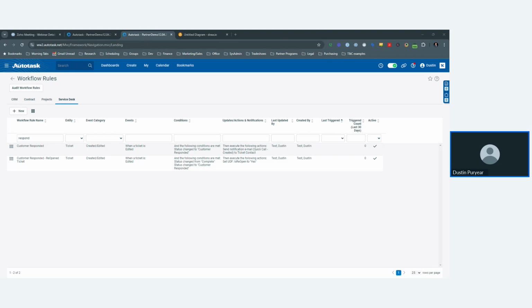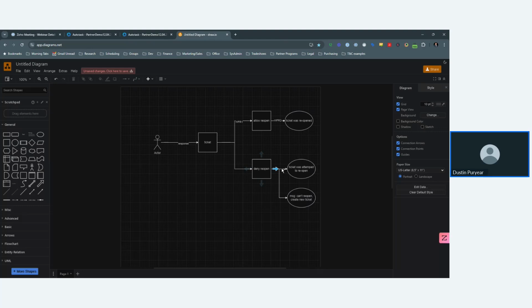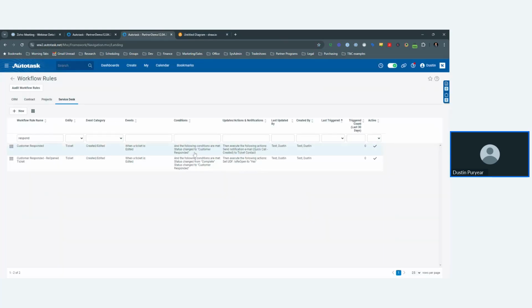I'm still trying to think what's the best way to predict. So the issue with this is, okay, this will work right here. So this implements a ticket was attempted to reopen. So this is implementing this, right? It's not letting them reopen the ticket, and that's actually easy to set up. The trick is, how do we send them a response so that